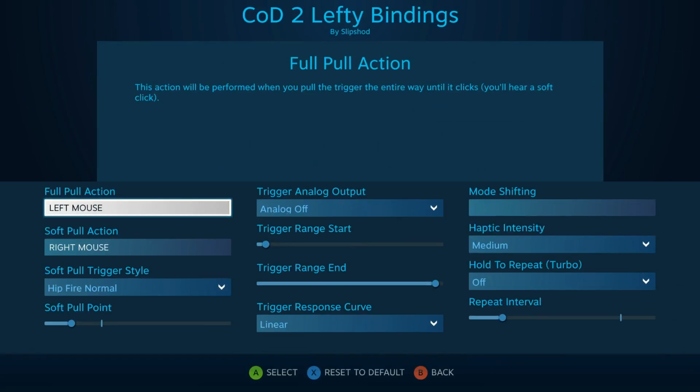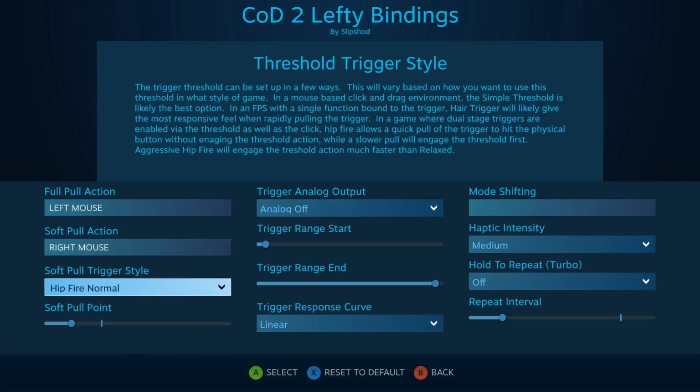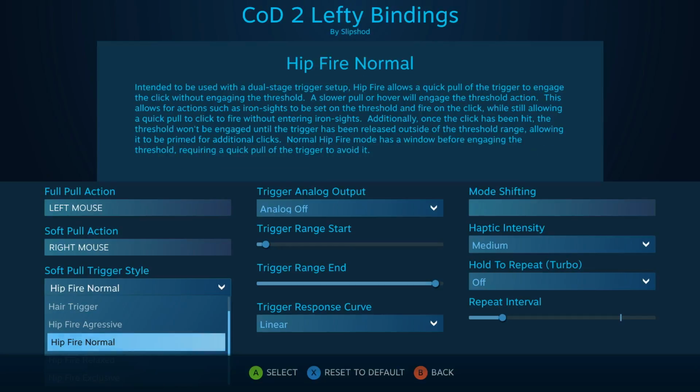And to take a look at that, obviously I've got firing the weapon as the full pull action and aiming down the sight as the soft pull action. And for the soft pull trigger style, I have hip fire normal. I used to have it on hip fire aggressive, but I found that when I needed to hip fire occasionally, I would instead be aiming down the sights, and by that point, usually, especially in Black Ops 3 as well,